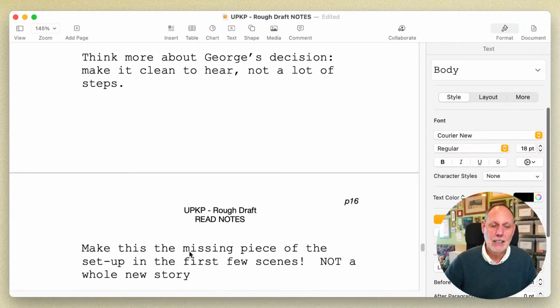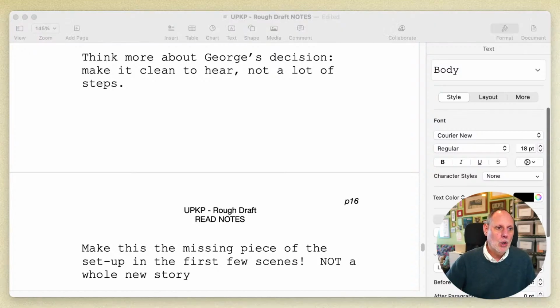That's the key. And really, what I'm doing here is I'm just looking through what I've written so far and trying to figure out what's the problem when there's a problem. For a lot of it, the problem is I need to do a rewrite. It's polishing, it's tightening, it's heightening the good stuff. Now and then you'll hit a thing where the track just goes haywire. This scene doesn't work.